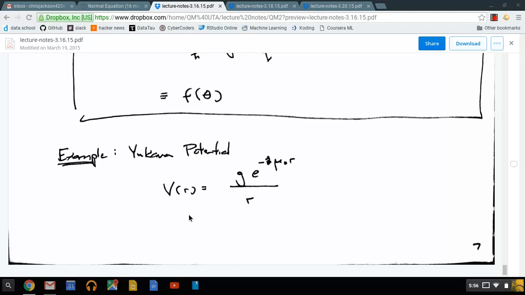And it's basically a screened, a lot of times you'll hear it called a screened Coulomb potential. And it's a screened Coulomb potential in the sense that if you forget about this exponential, the 1 over r is the Coulomb potential, right? But when you include this decaying exponential, it basically kills off the